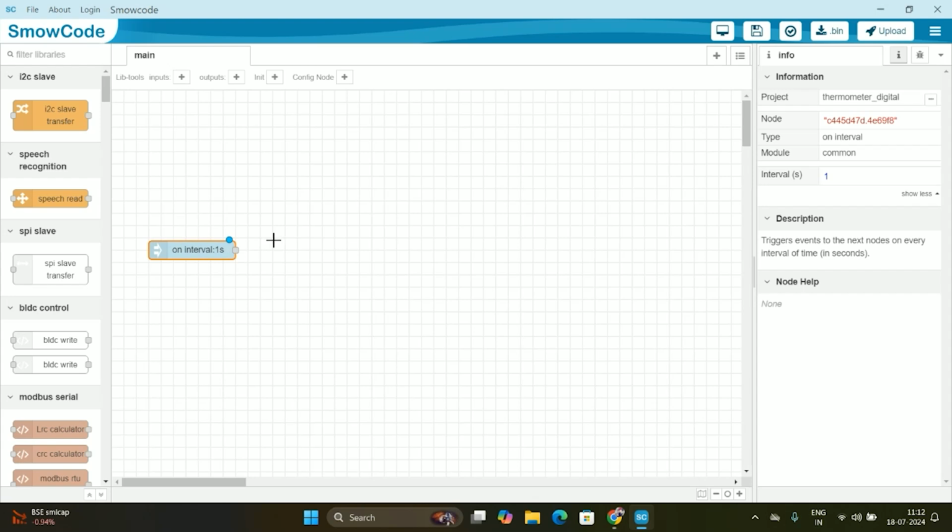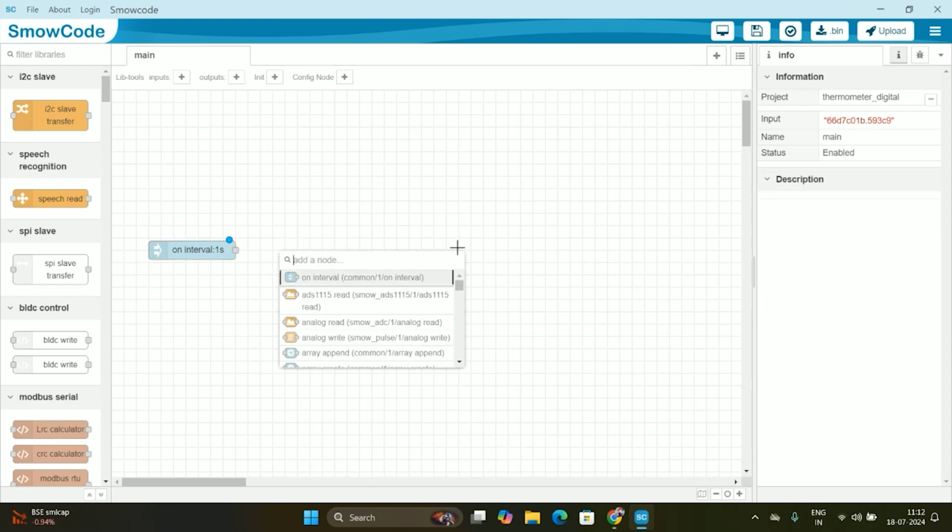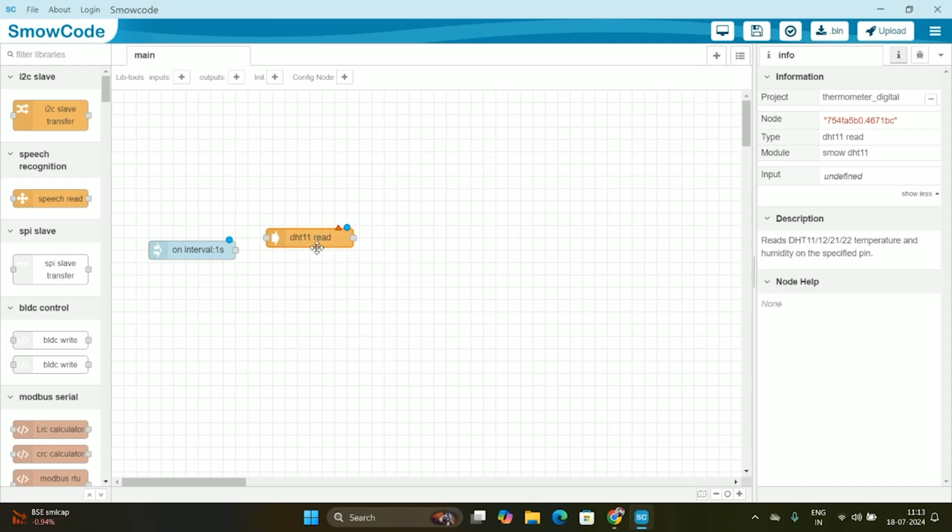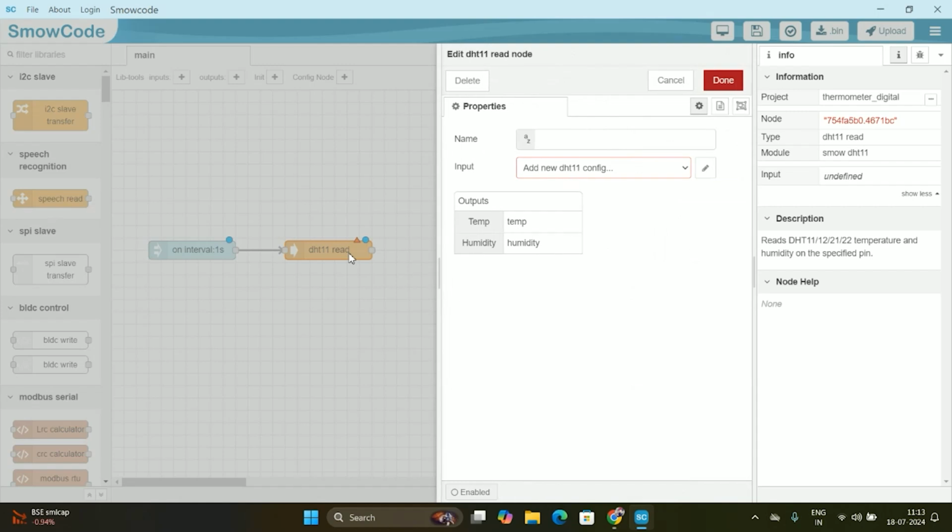We can move it using cursor. Then we will search DHT11 read node. We can also move that using cursor. Then we will join the 2 nodes. Then double tap on